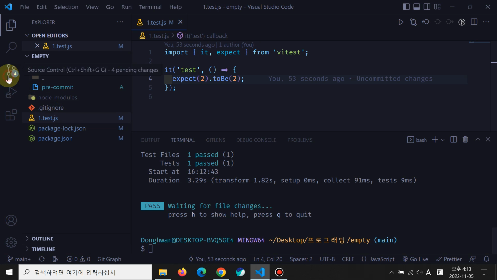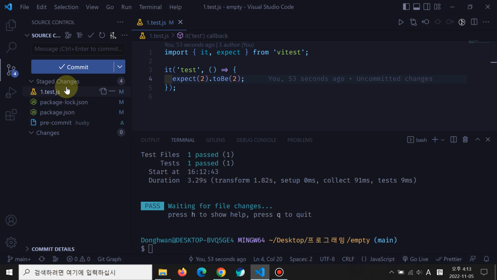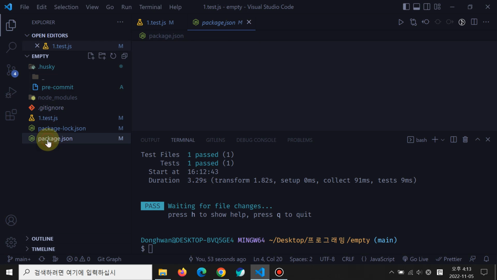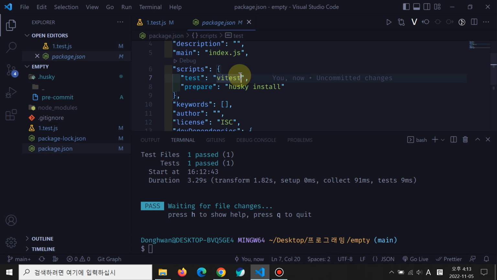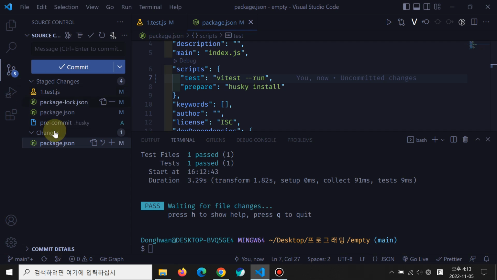So I'm not sure whether you're staged or not. Yes, staged. So we have to change this also. Go to the file, package.json, and then we have to run it once, --run. And then we have to stage this change as well. And let's see how it works. Git commit -m